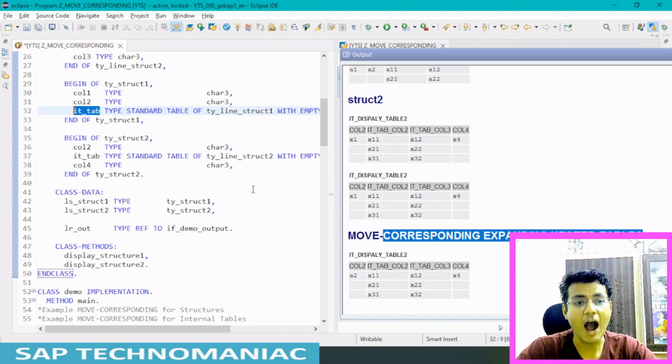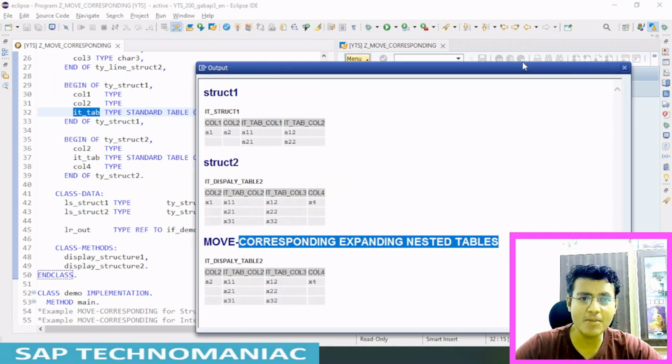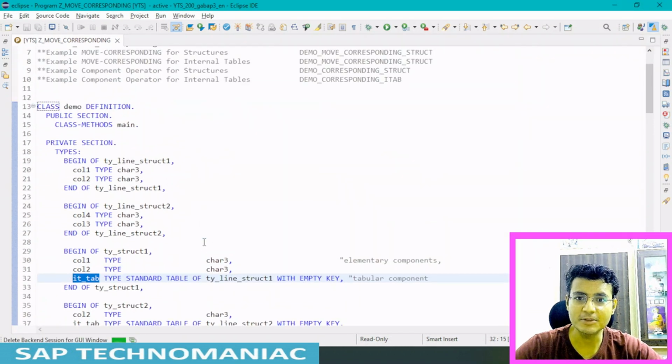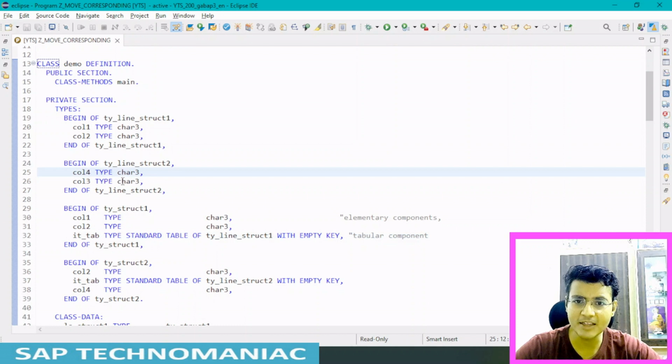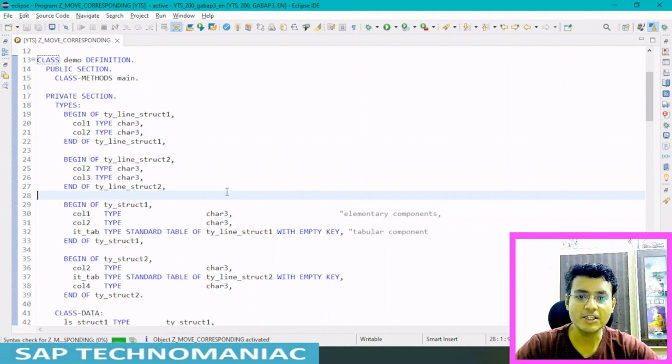Now we will see how this behaves with the internal table. Till now we have seen it with structures. To see the internal table with MOVE-CORRESPONDING, we will modify this program a bit, and we will create the internal table instead of the structure. Before that, let me make this column 4 a column 2 again, so that it is identical, and we can see how MOVE-CORRESPONDING works with the internal table.